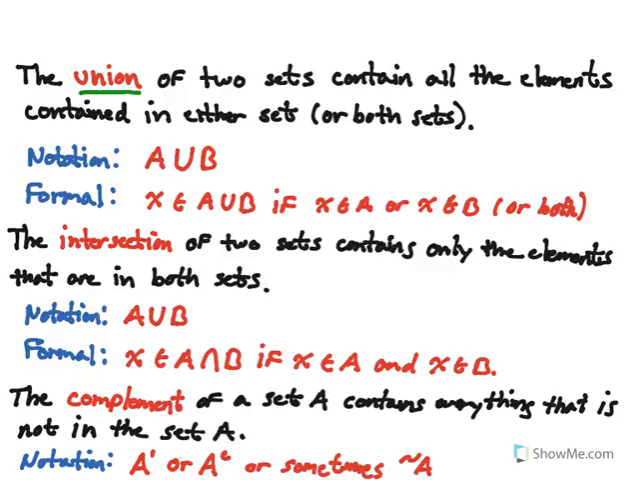An intersection of two sets contains only the elements that are in both sets. So the notation, as you can see,